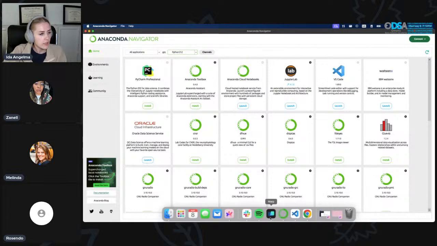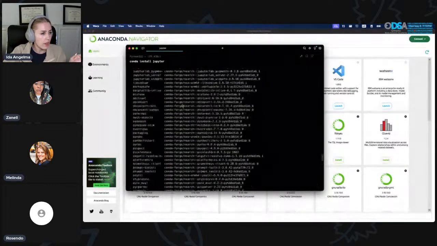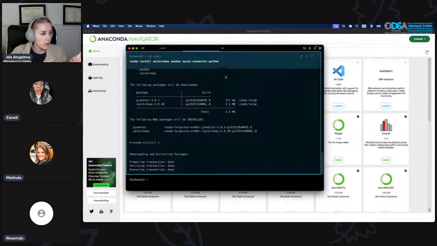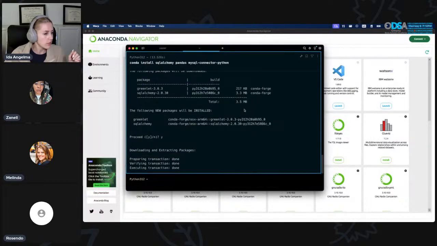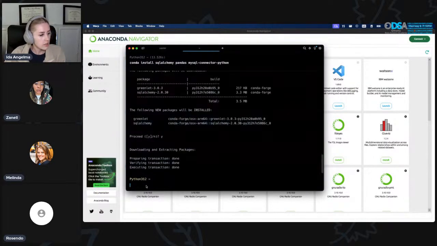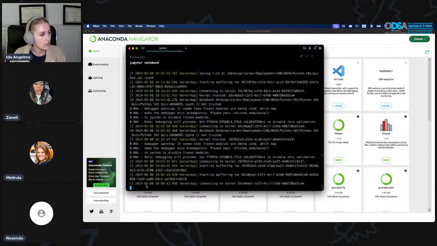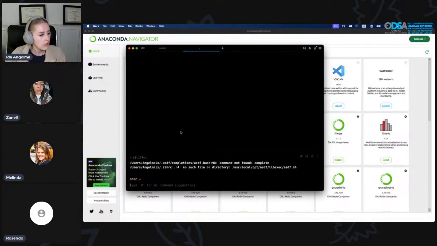And I usually use just a terminal for this. Make sure that we can see. Let's do exit here. So let me look at